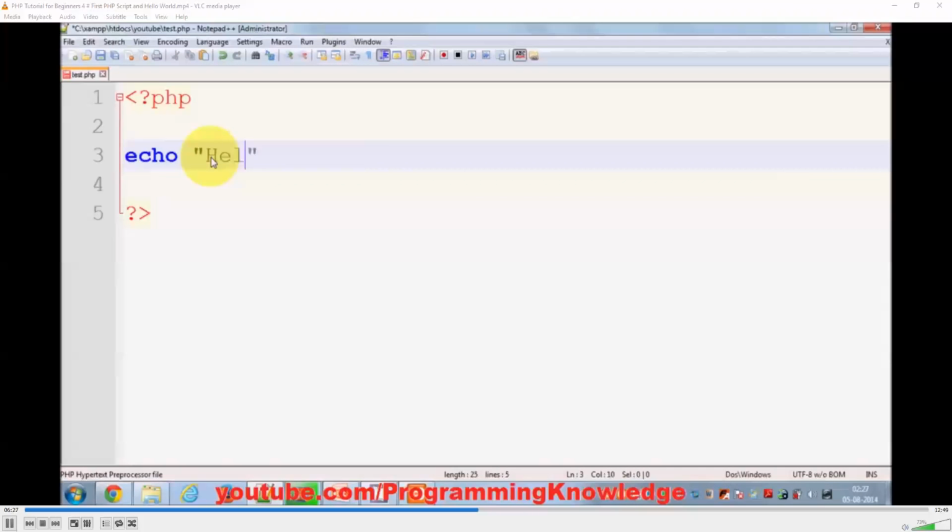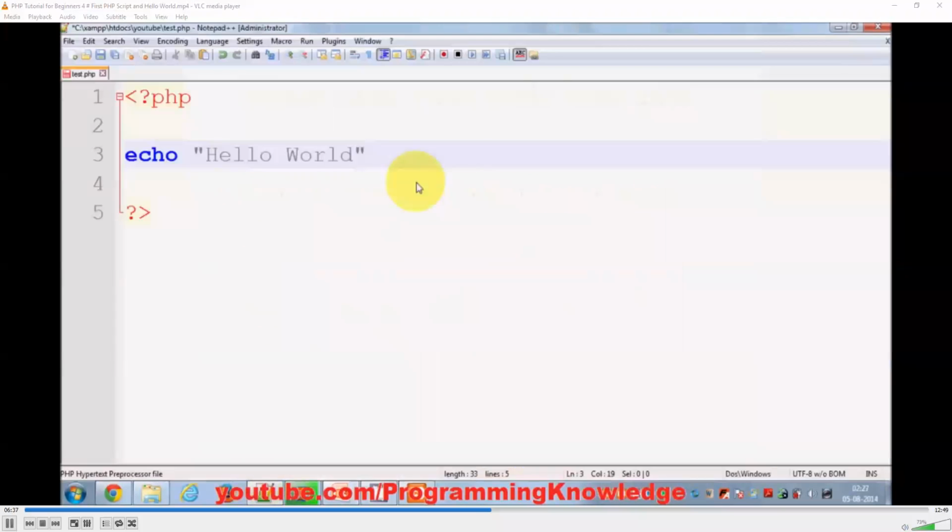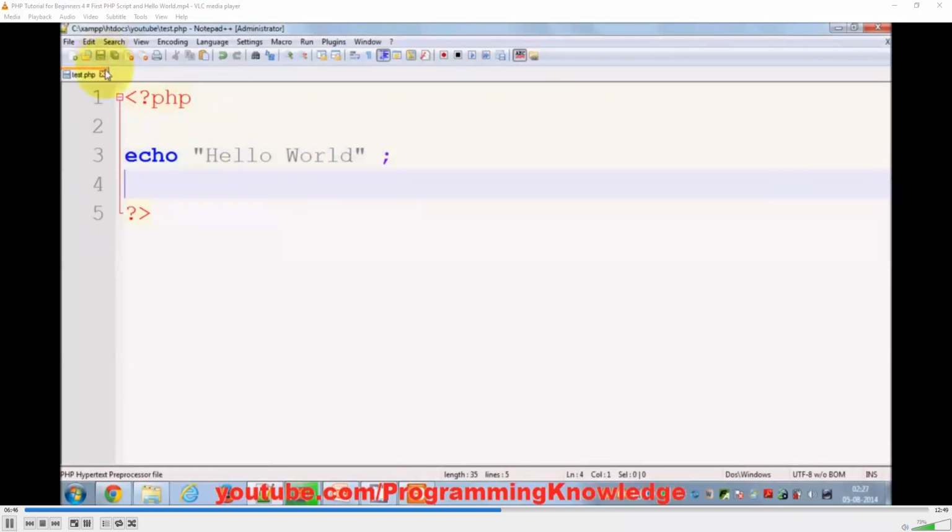So for example, hello world. And remember, every PHP statement ends with a semicolon, so don't forget to add the semicolon at the end of every line of code, right? I will save this program and I will open my browser